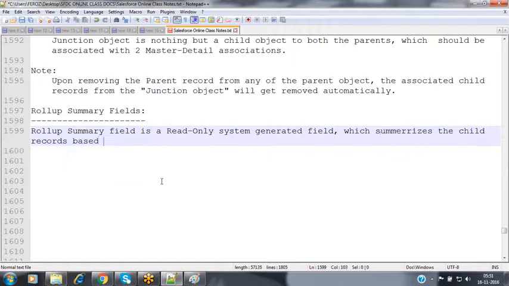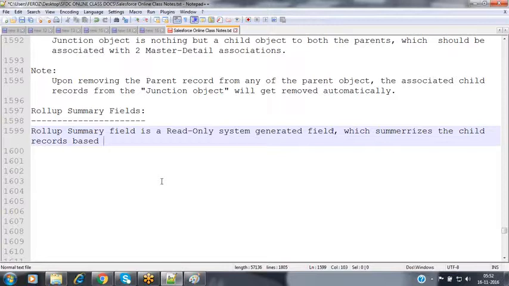Firoz, it is a system generated or system calculated, because we will add that field manually to the object, right? I'm sorry. Yeah, it's system calculated actually, like a system generated field value. Nothing but the value will be generated. Oh, okay, yeah.